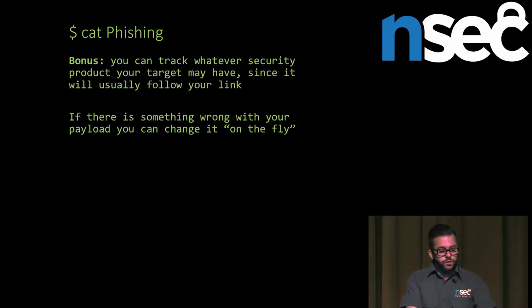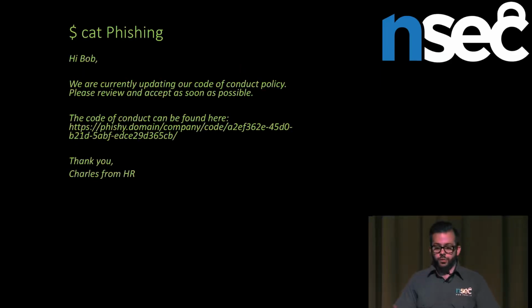So one of the things that you should do is always put a link that points to a website where your payload is hosted. If they have a solution that fetches your payload, you're going to know for a fact that the solution fetched the website, so you can fingerprint the IP address and maybe correlate it with the company. If something's wrong with your payload for whatever reason, it's easier to swap it because you can just change the content of the website on the fly without having to send a new phishing campaign with new links. So this is a perfect example.